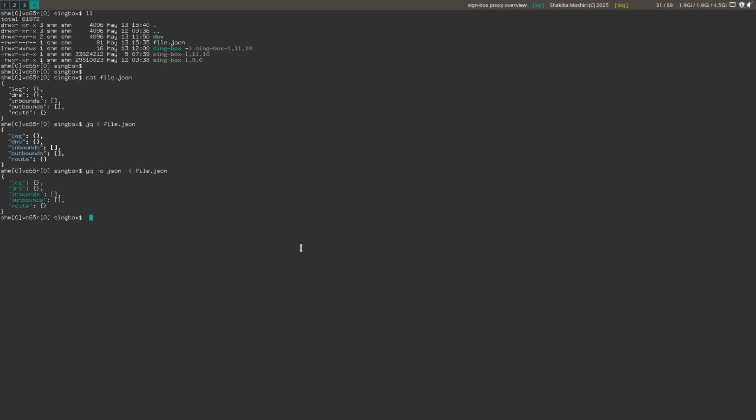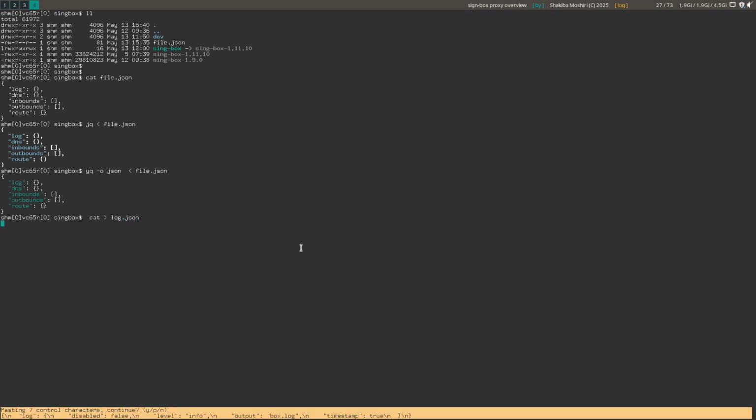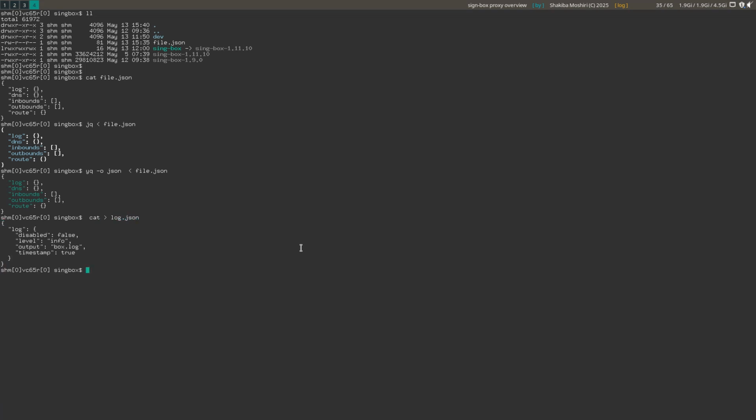You can create it in many ways, for example log.json, paste, Control D, that's it. jq log, it's okay. Sandbox check -C. Usually I do this. This is simple, we do not need that, but usually I do this for more complex ones. So log one, it's okay, which means it's compatible with the same sandbox version. So if we run this